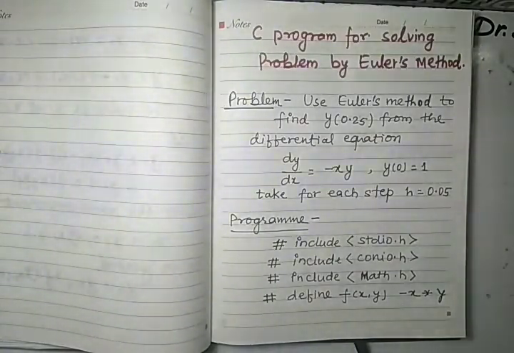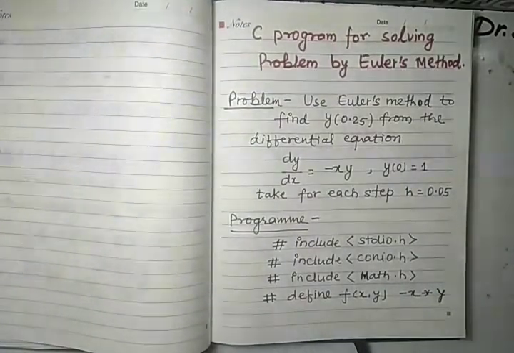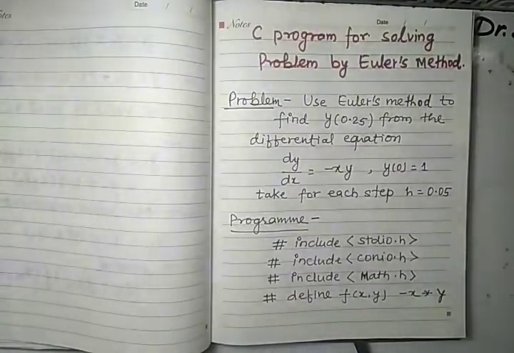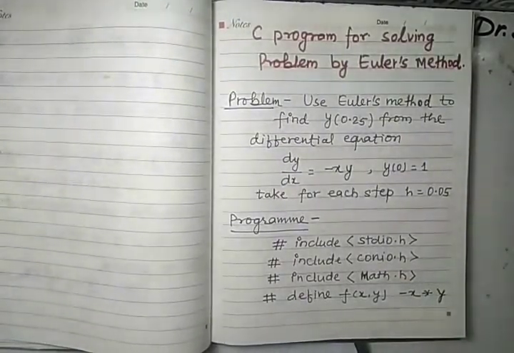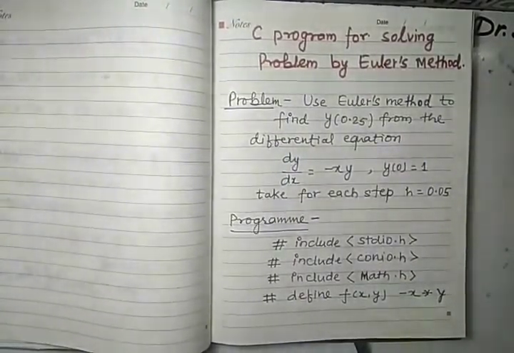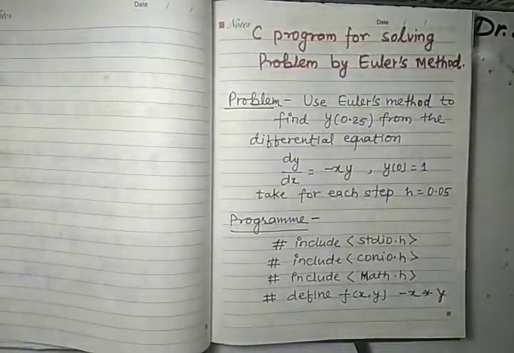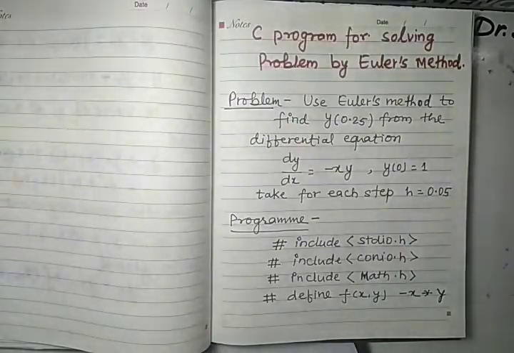As we know, C is a middle level language, that is in between the machine language and higher language. It was developed by Bell Laboratories, and it is very convenient, and we see how we write a program by using C programming.